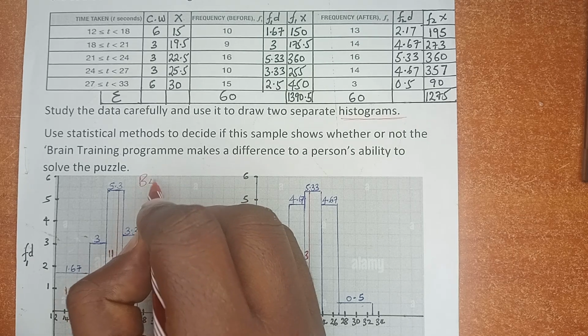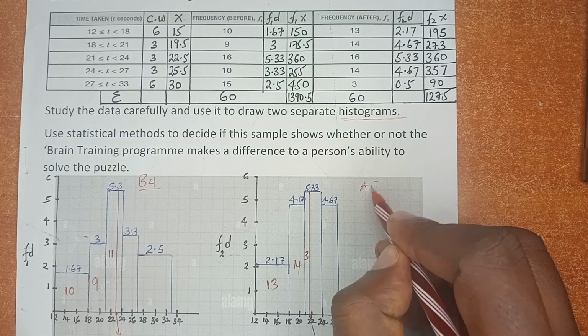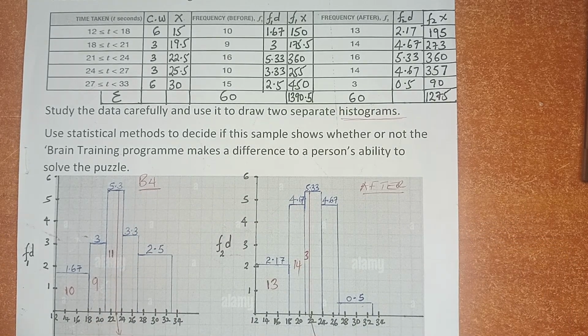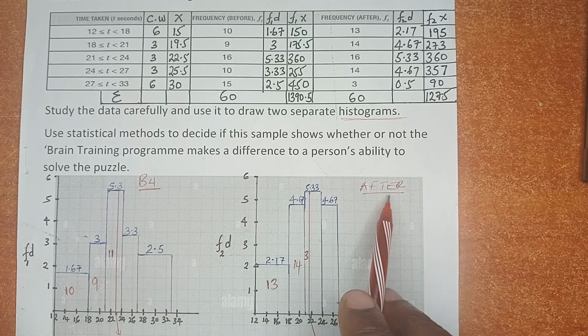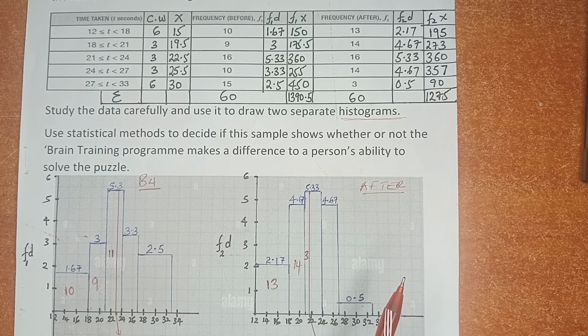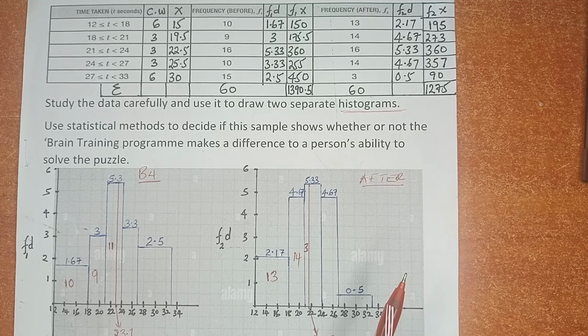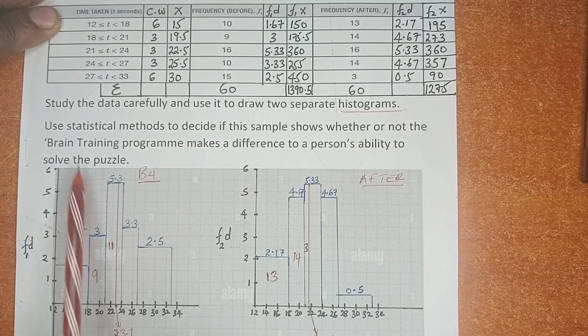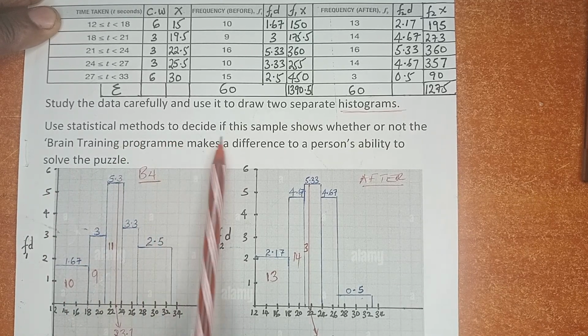This is before training and this is after training. The histograms are there, as you can see. Yes, they are different. Different bars have different frequency densities, and we shall use it now in explaining the next part of the question, which is suggesting that we use statistical methods to decide